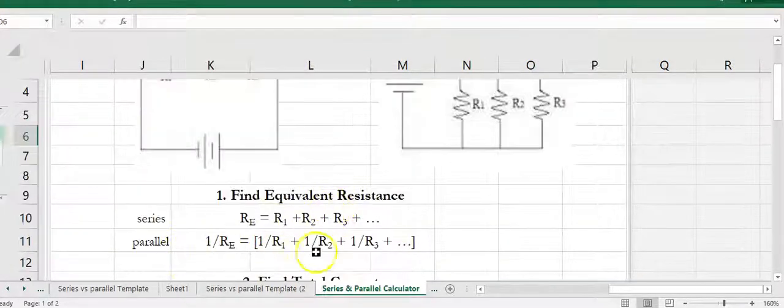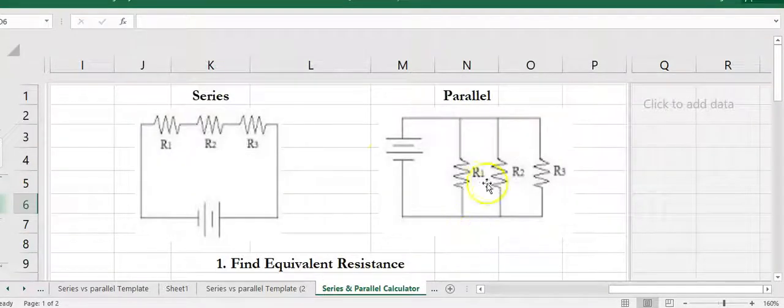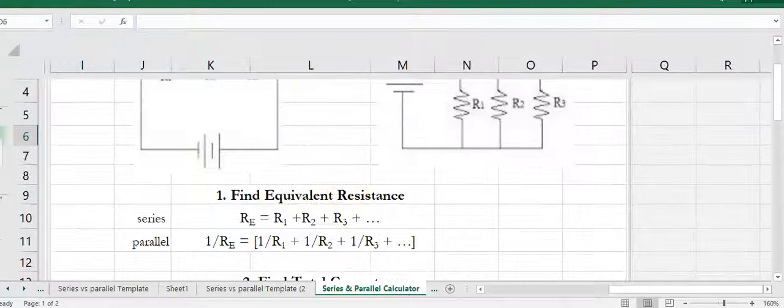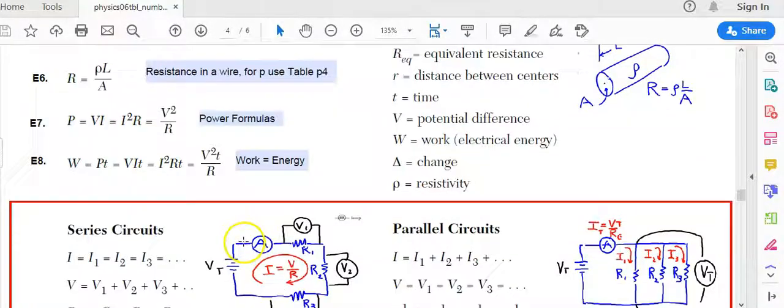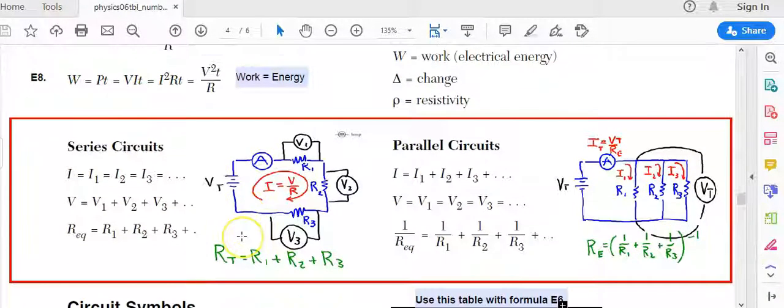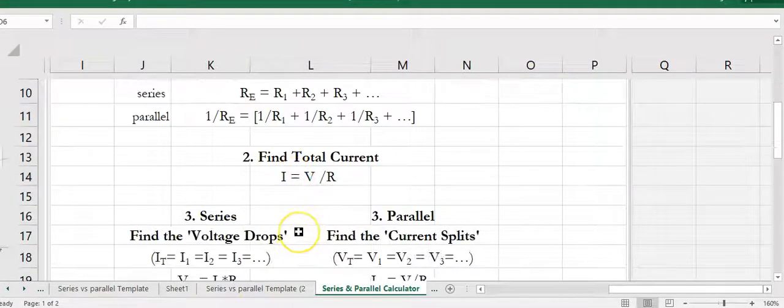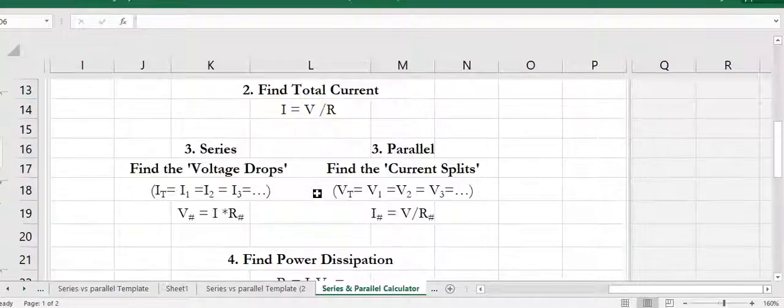But if you're dealing with a parallel circuit, you have to use the inverse resistance rule, and that is right here on the reference table. So if you add them up, you're dealing with series. If you add the inverses, you're dealing with parallel. The second step is to use Ohm's law to find the total current. And then the third step, which is really the only difference,